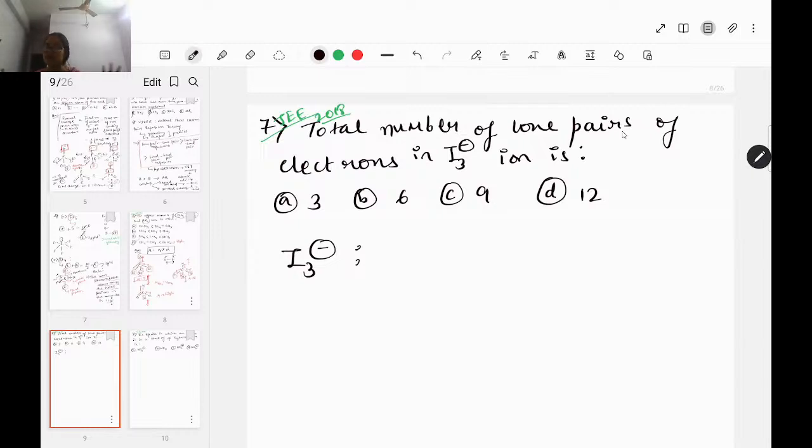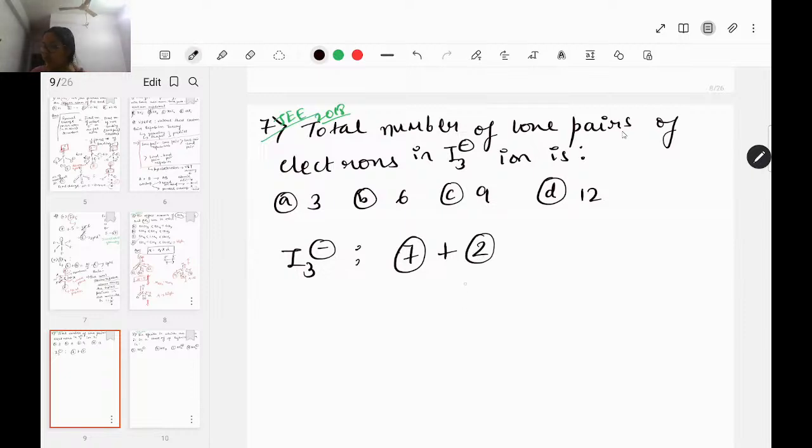There are 3 iodine. Which one is the central atom? So just take 1 iodine. Since there are 3 iodine, 1 has to be the central atom, right? So just take 1 iodine, and iodine is in the same group as fluorine. So the central atom, which is one of the iodines, has a number of valence electrons of 7,